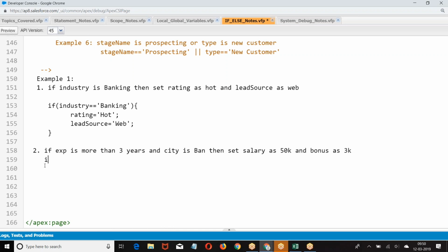Then what we are doing? If experience is more than 3 and city equal to Bangalore, then give